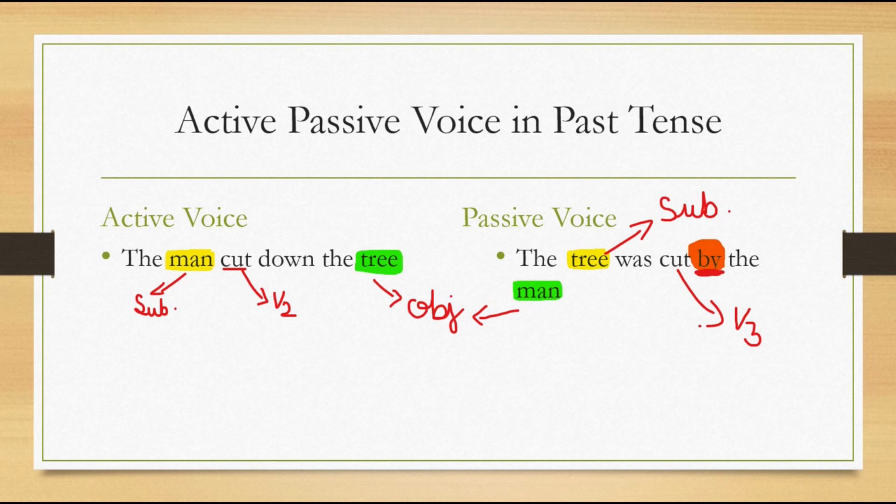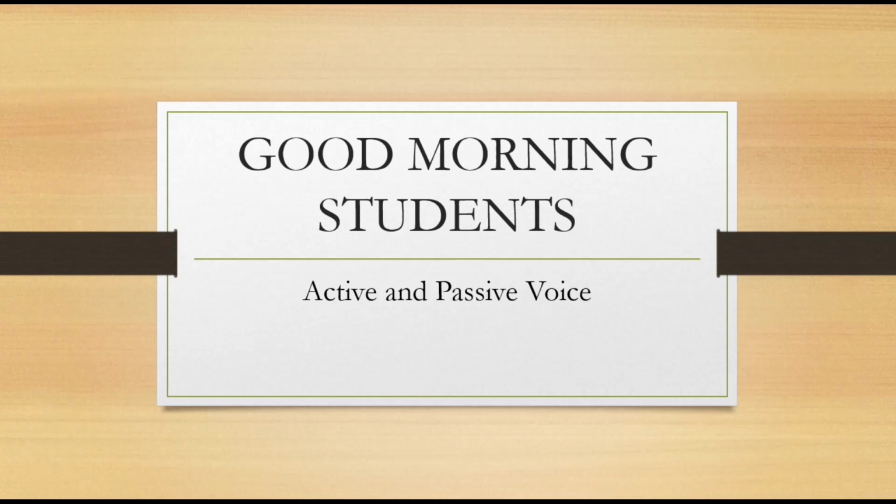You have interchanged the subject object and object subject. And if you ask the question, who did the action, you have the doer remained the same. Despite being object now, he is still the doer of the action. And that is how we have passive voice. Fine? Now let's take a look at the next example.